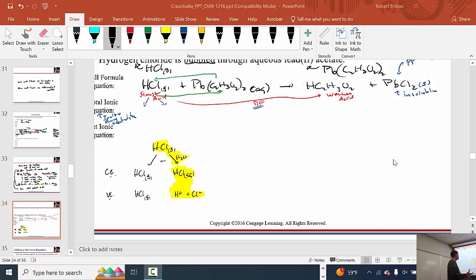Since we're buying a tank of hydrogen chloride gas, even though I know when I mix it with water it's going to form hydrochloric acid, and that's going to result in the ions, I'm just going to leave it as hydrogen chloride gas, because that's what we're going to buy and that's what we're going to use for this particular reaction. Does that make sense? So I'm ignoring this intermediate reaction that happens here. And for this particular case, which is more complicated, whoever wrote it made it HCl gas. I wish they didn't do that